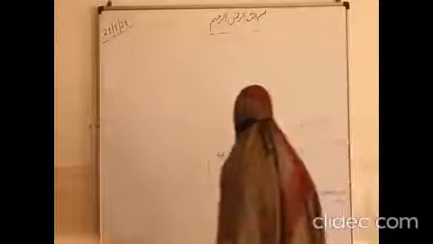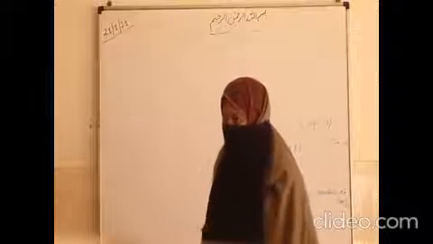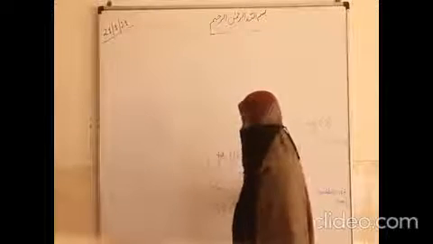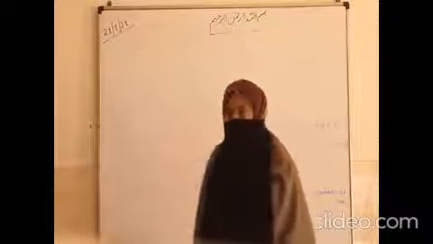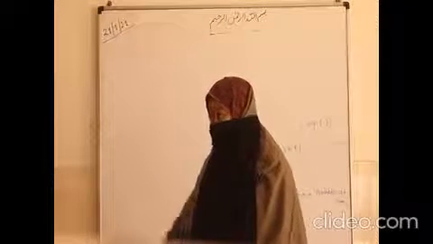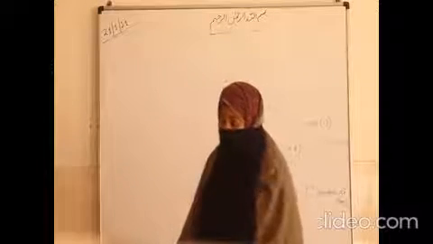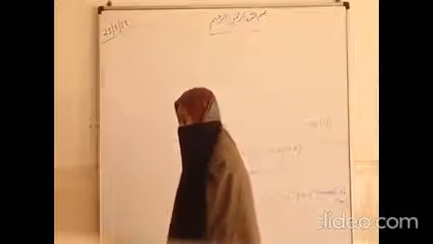If sum is equal to sum into 0, then we will have to take the initial value of sum as 1. The variable's initial value will be 1. Yes, you are right. If you take 0, then it will be totally 0. Yes, sum will be initialized as 1. This will be the difference.